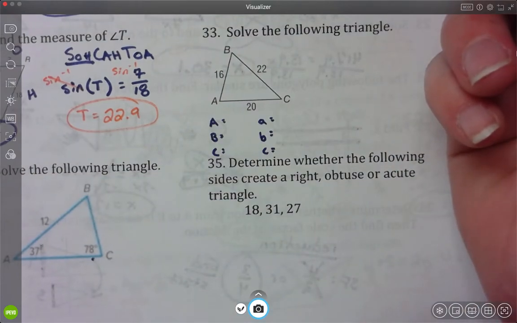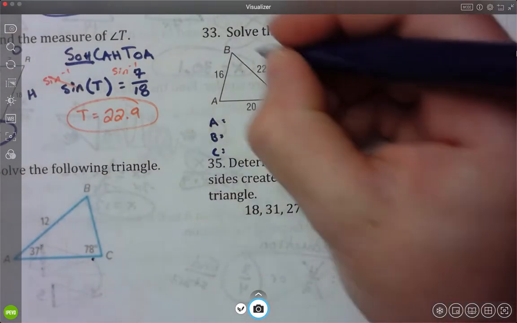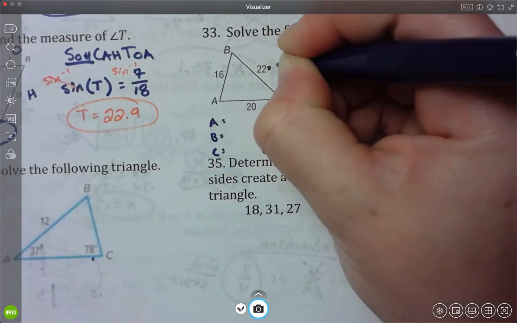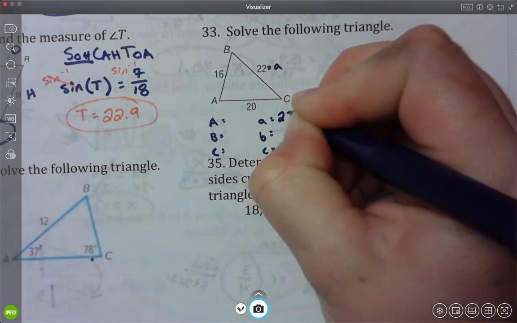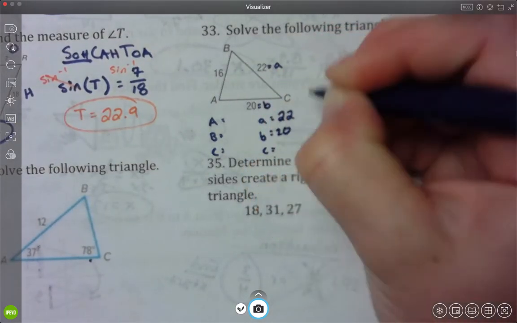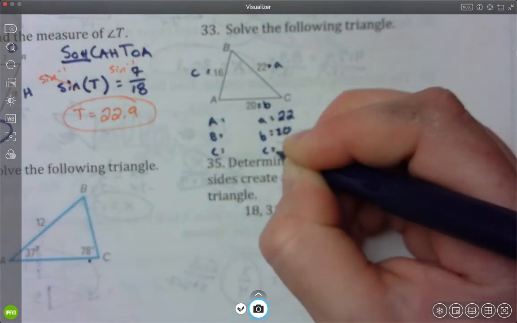But which one is which? Like which one is lowercase a? Okay, well, lowercase a is going to be across from capital A, so 22 is going to be lowercase a. So we're going to put him here, okay? Which one is lowercase b? That's going to be my 20, and lowercase c is going to be 16, because those are the ones that